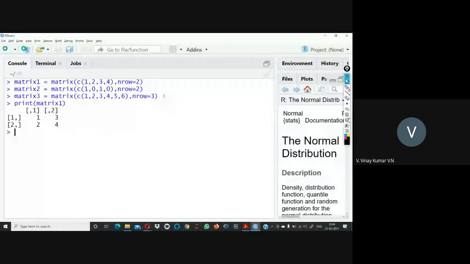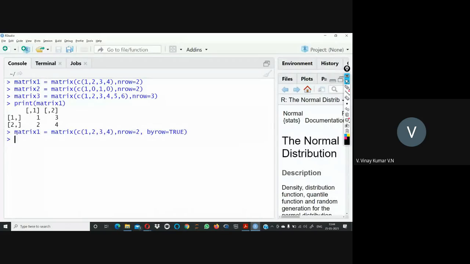If I take the same line and say by row is true, now I'm saying that it should be stored row-wise.